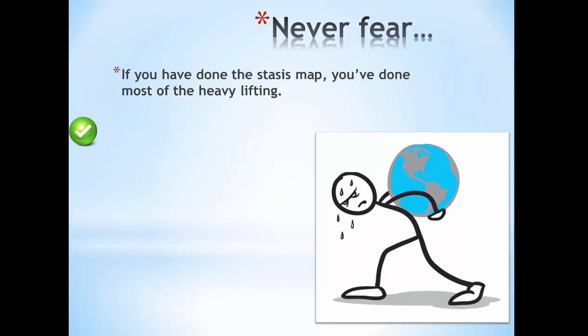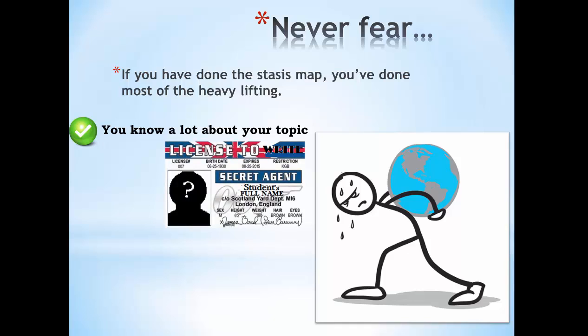So do know that you've done a lot of the work already with your stasis map. You also just know a lot about your topic. So in this way, I like to think of myself as like an expert. Think of yourself as having a license to write. A license to write. Don't kill anybody. License to write. And this is because obviously you've read perhaps at least 5, perhaps more articles about your topic,